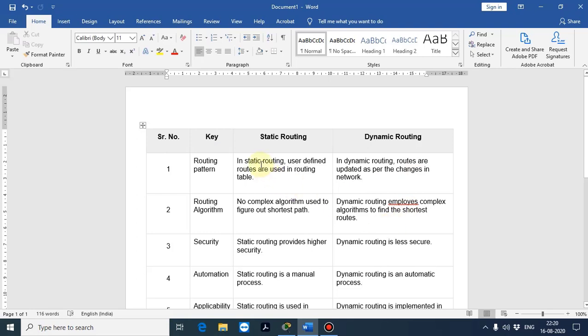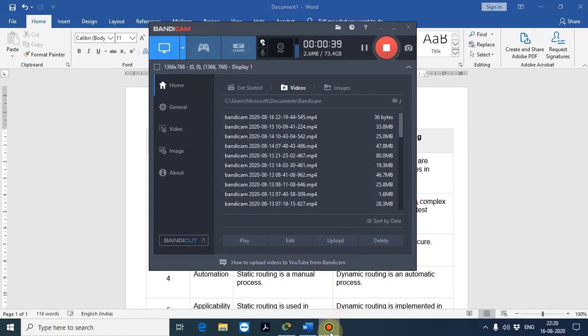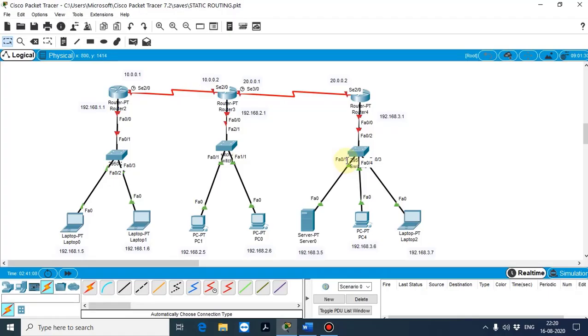Static routing means the routing pattern will be user defined. That means we have to define the path from source to destination. That means this router can access only this part alone.